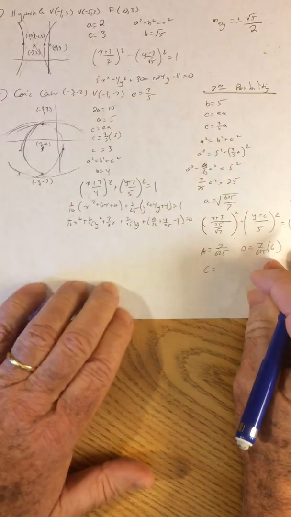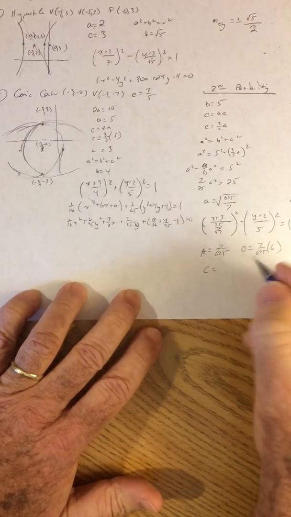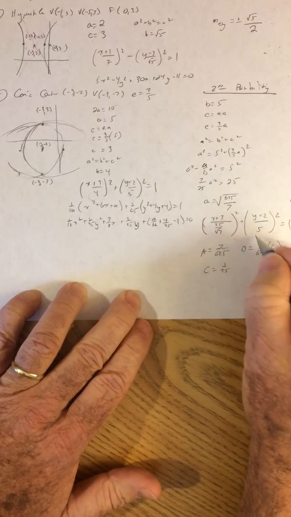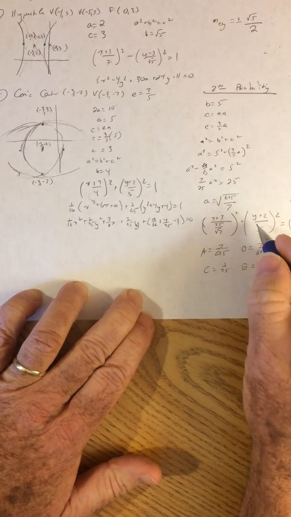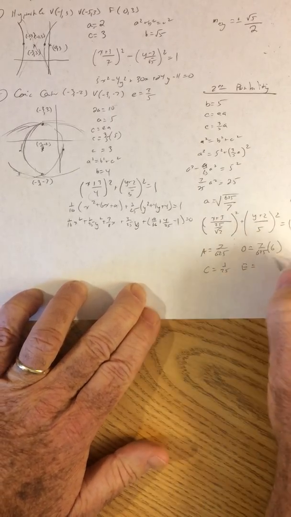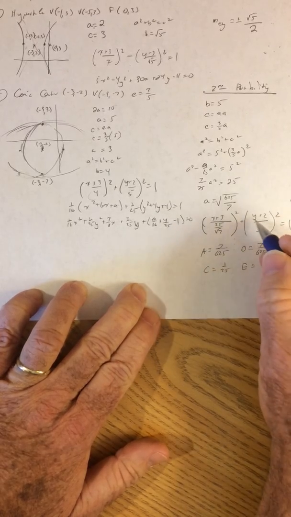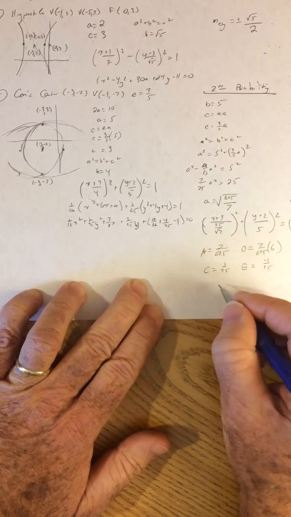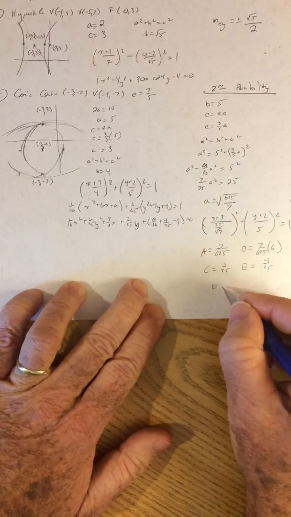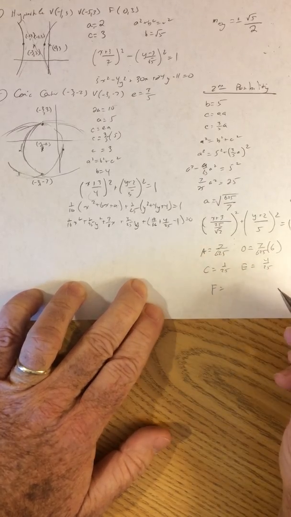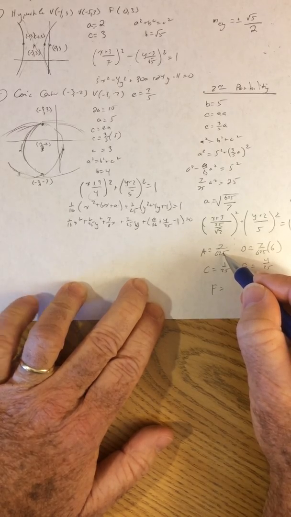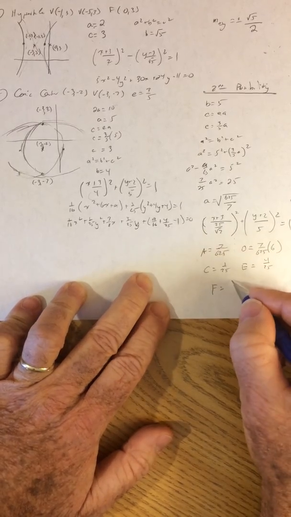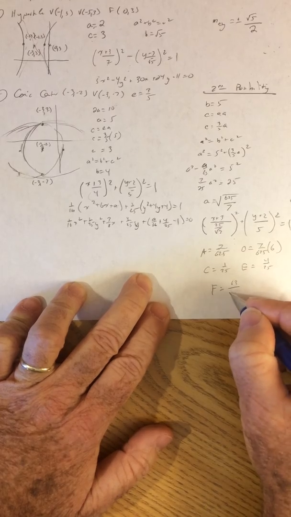C is 1/25. That's just right here. E is 1/25 times 4, because y squared plus 4y plus 4. And F is going to be equal to, okay, we're going to have 7 divided by 625 times 9. So that's 63 over 625